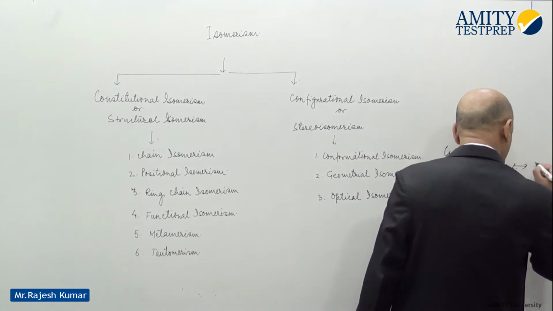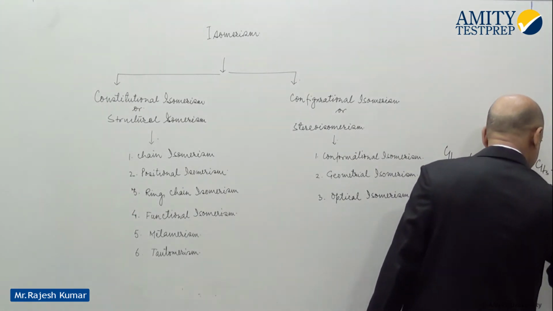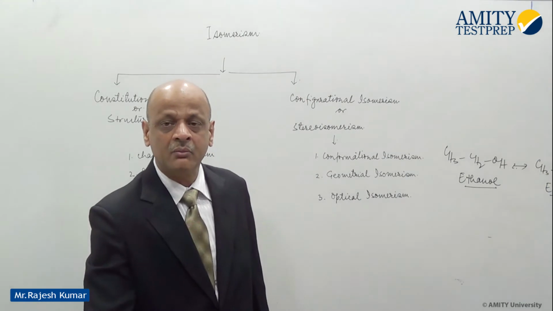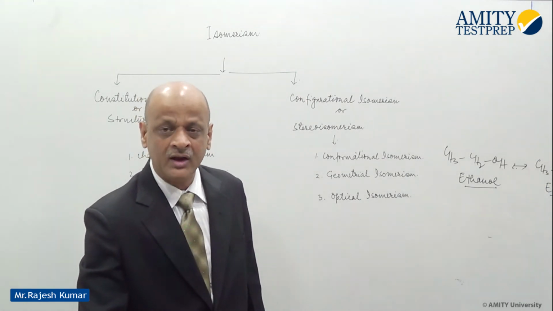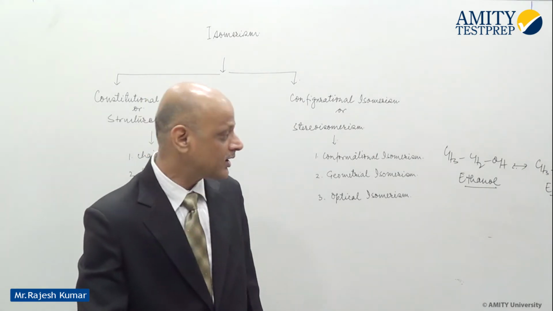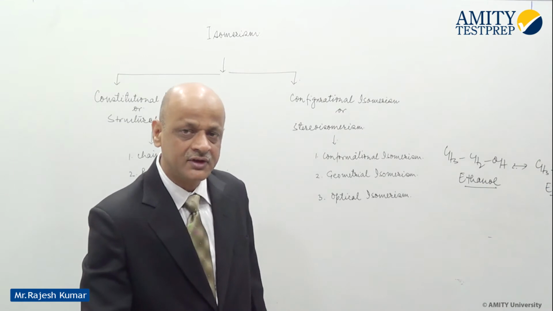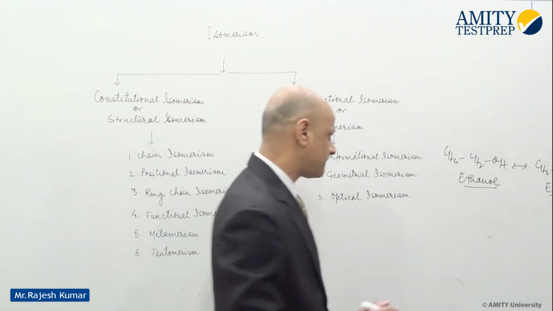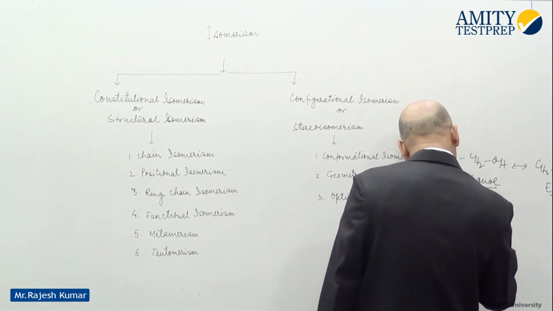And isomeric form of this one is CH3OCH3, ether. Both have the same carbon number, both have the same hydrogen number, but both have the different functional group. One has the OH group, another has the ROR group. One is called alcohol, another is called ether. Both have a different physical as well as chemical property. That's why it is called functional isomers. Or this phenomenon is called functional isomerism. Another example is